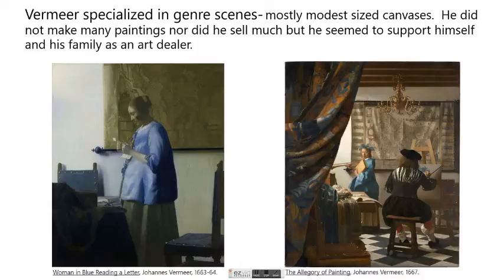But we need to remember that to many of his contemporaries it wasn't all that extraordinary or even felt out of fashion or odd and out of place. And that may have been one of the reasons why Vermeer wasn't that successful as a painter compared to his success as a career as an art dealer.